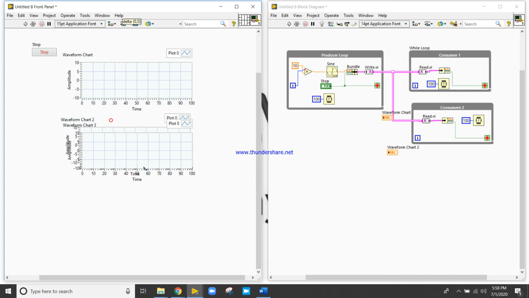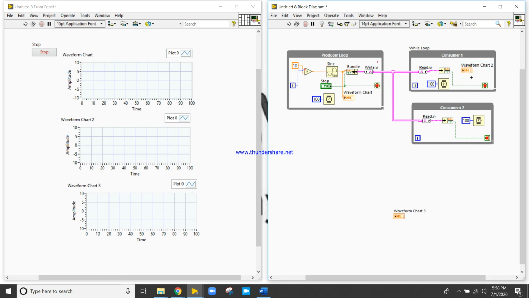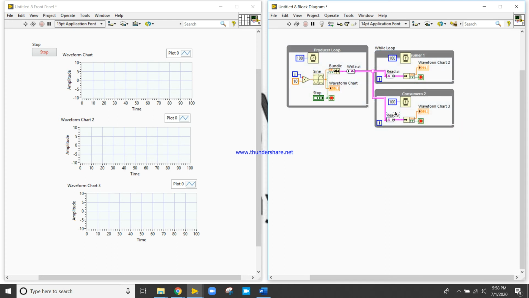The first waveform chart is placed inside the producer loop. The second waveform chart is placed inside consumer loop 1, and the third is placed inside consumer loop 2. I can press Ctrl A, Ctrl U, right?